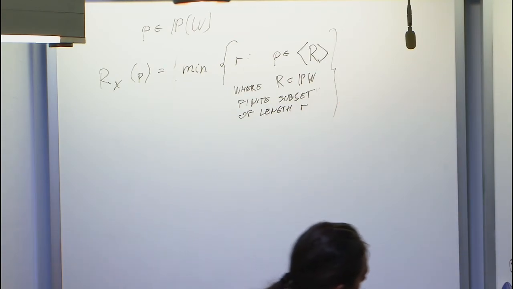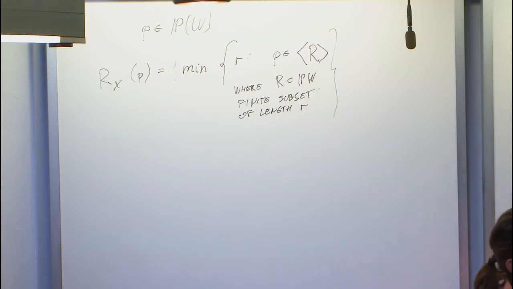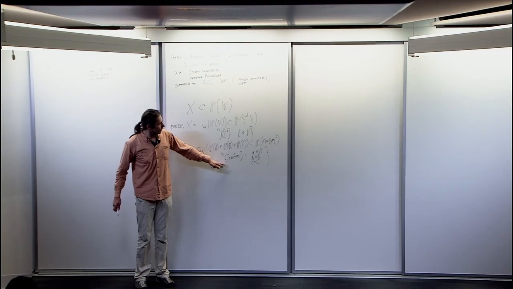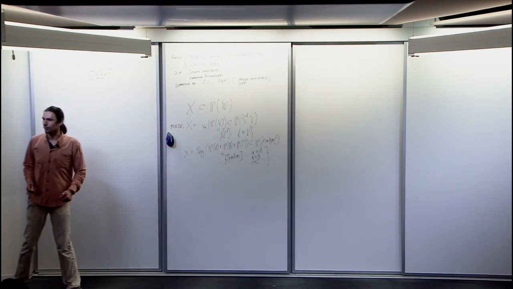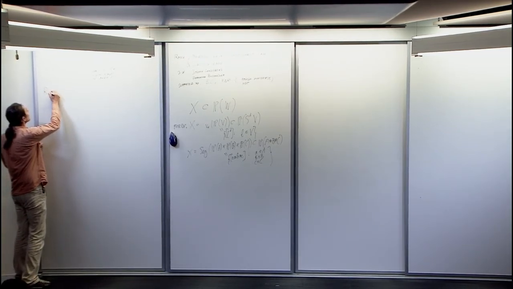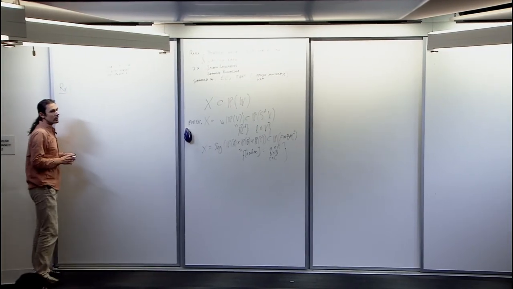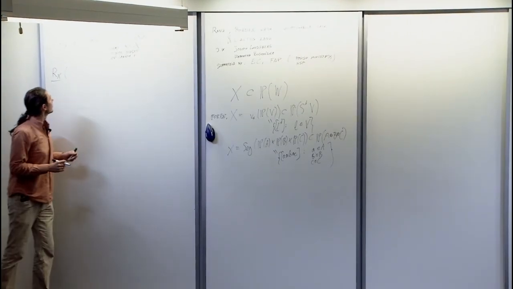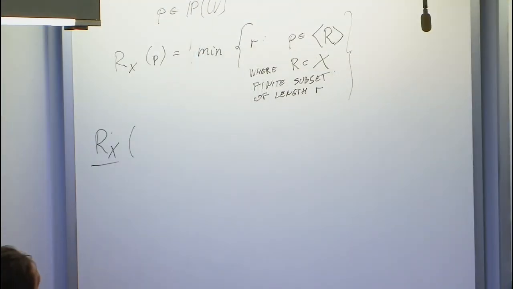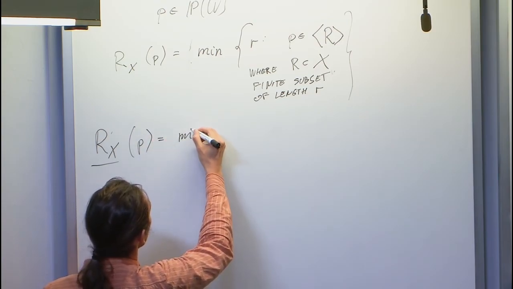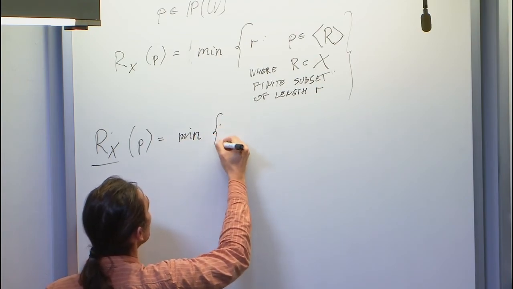So in case of the Veronese variety, we just get Waring rank that Enrico told us about yesterday, and other people as well. And in the case of Segre variety, we get the tensor rank and the other usual notions in the other cases, if you are familiar with them. And then the border rank. The X border rank of P is equal to the minimum r